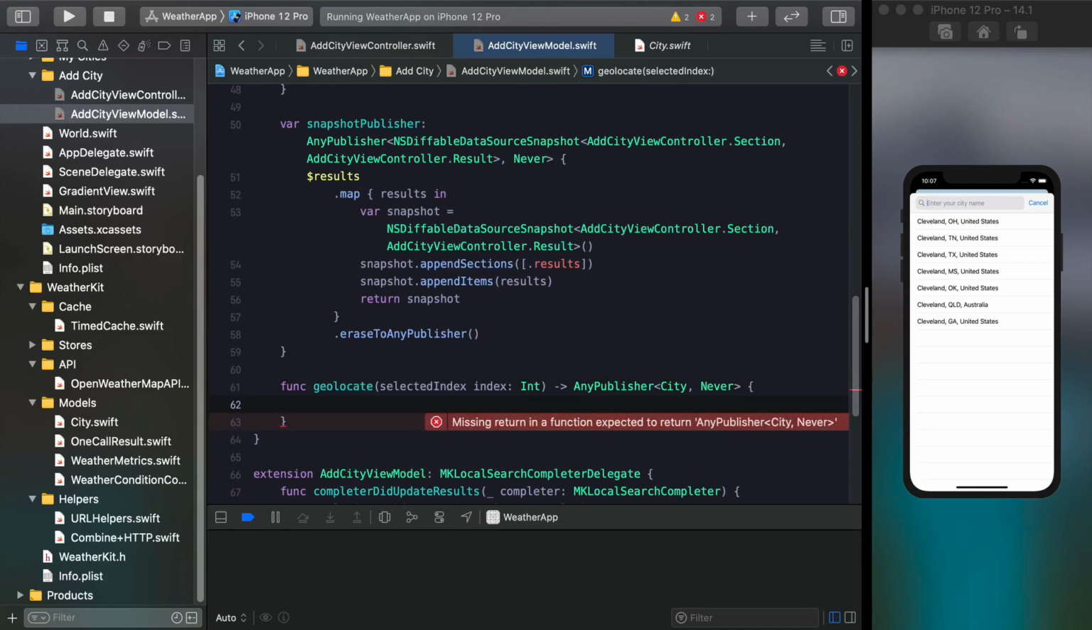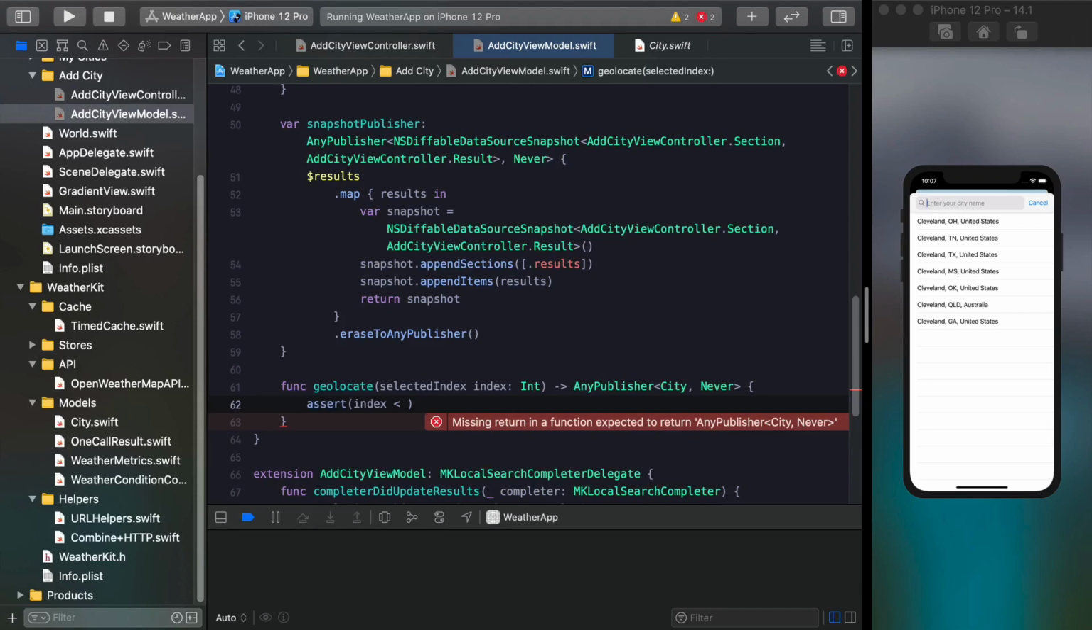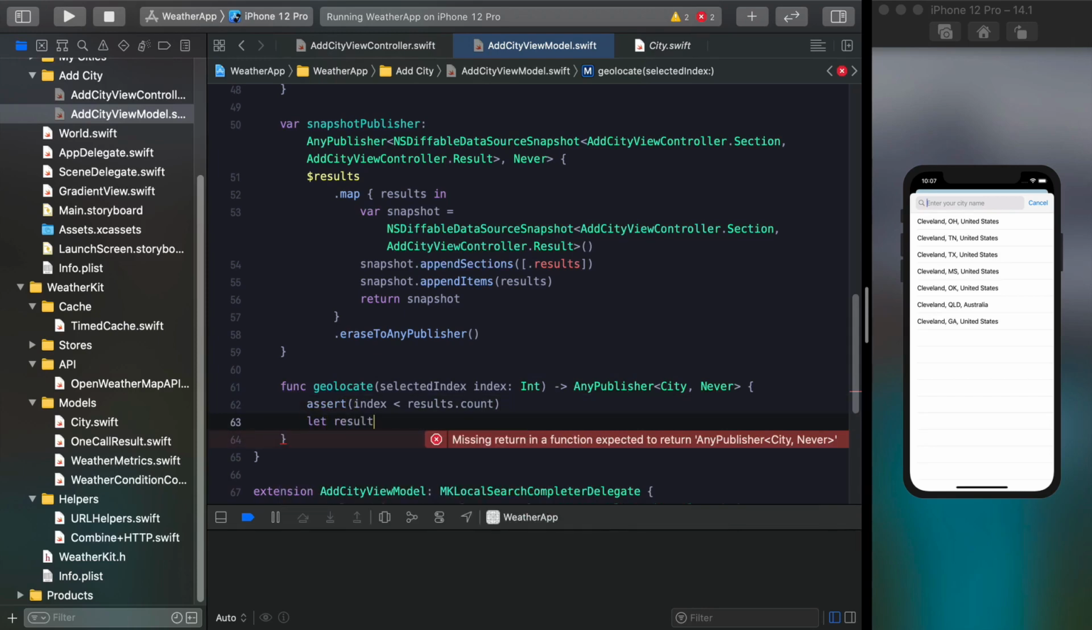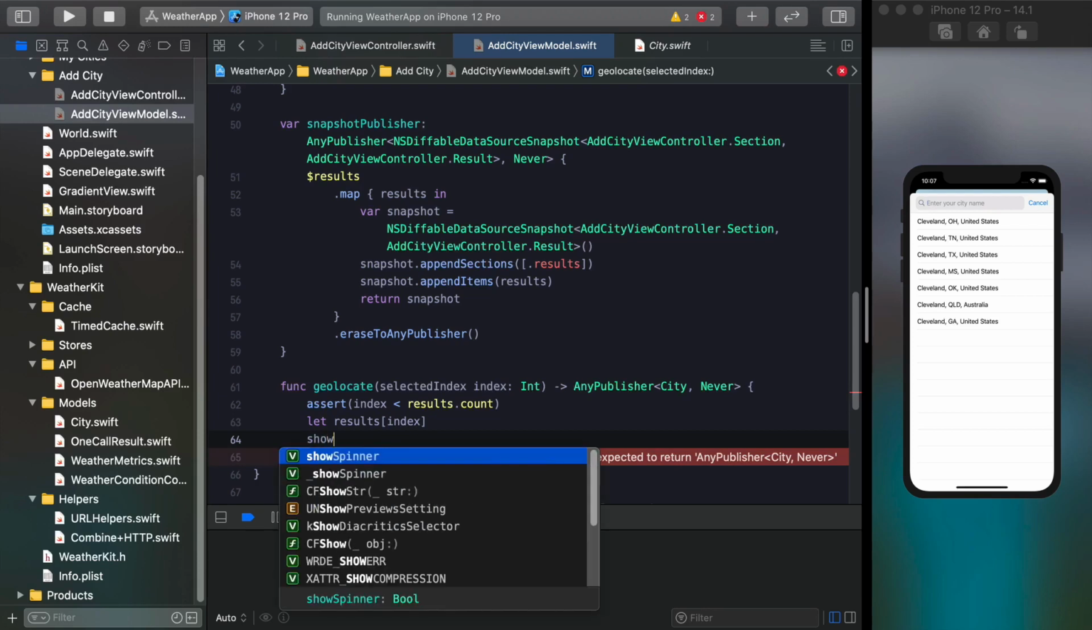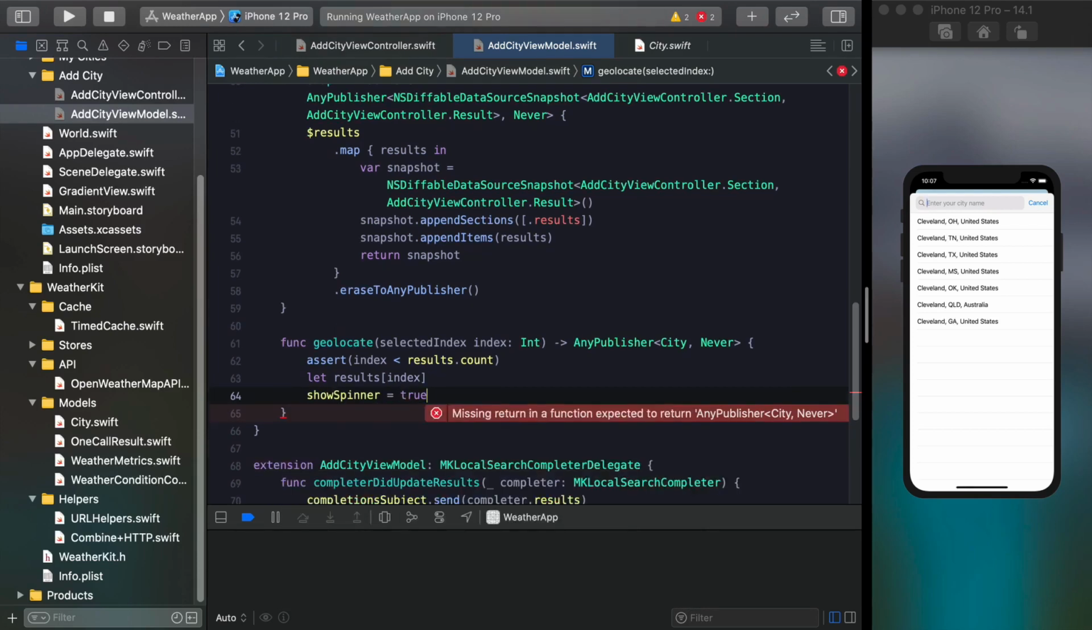So the idea here is that I can take the result for that selected index, and let's quickly assert that the index that we're passed is less than the results.count, just to avoid that potential issue. And I need to get the result out of our results array for that index. Now I can tell the UI that it needs to show a spinner because we're going to be geolocating that